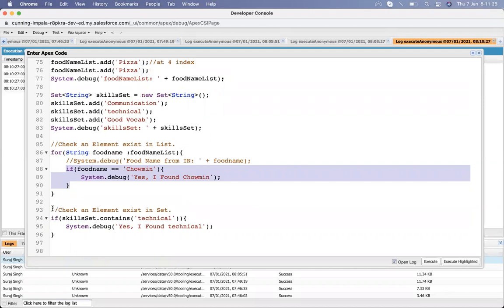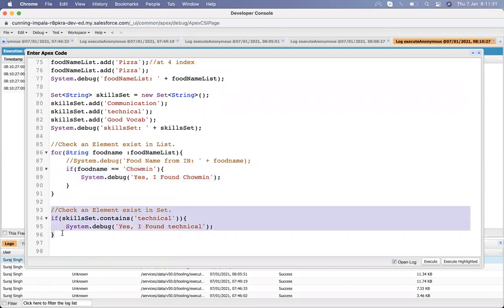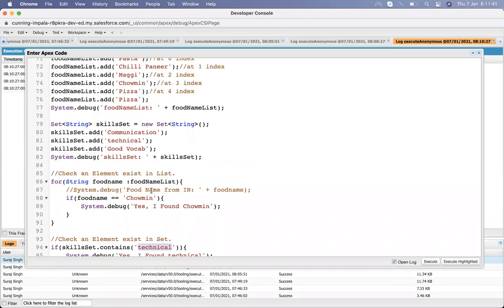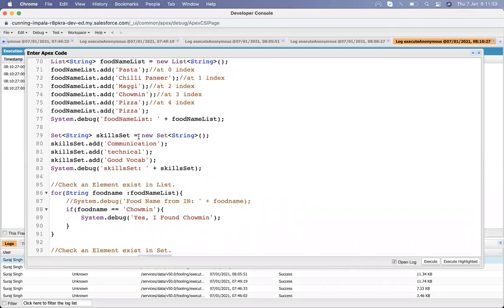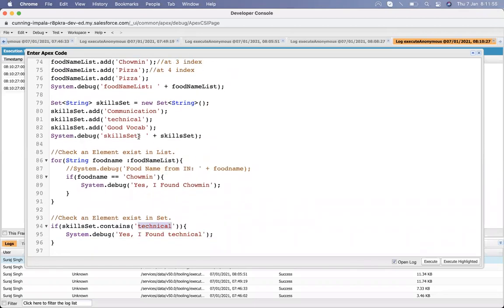But in case of a set, we can directly access which element exists in the set. That's how we check whether an element is present in a set or not.